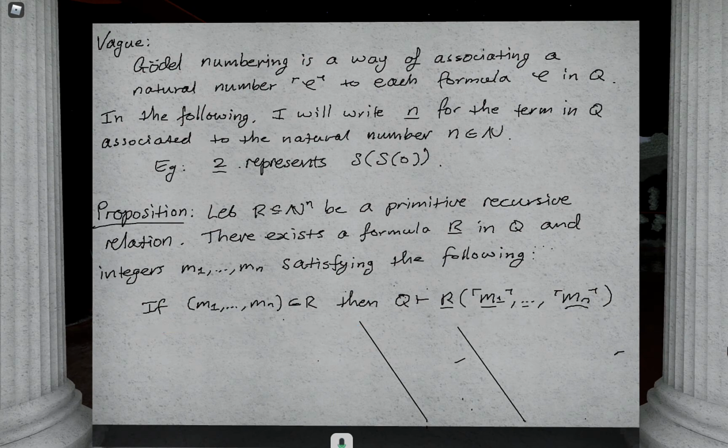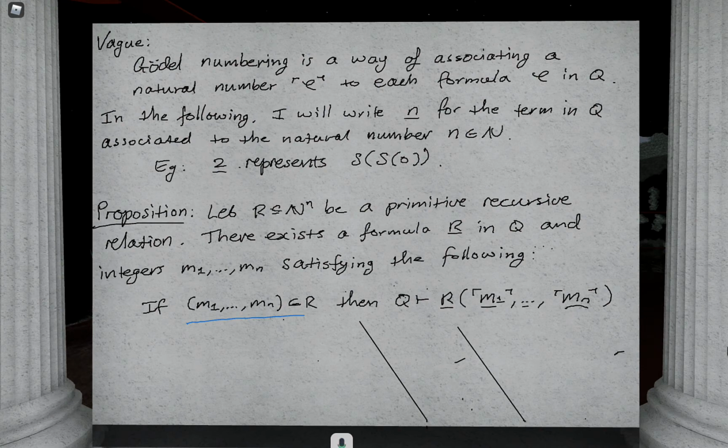So what I've said here is if M1 through to Mn is an element of R, right? So let's think about it. R is a relation, right? So R is some subset of this n-fold product of the natural numbers, right? And then M1 through to Mn is an element of that. So here, M1 through to Mn, that's a sequence of familiar, comfortable, natural numbers. They're not appearing in any formal first order theory. M1 through to Mn might be 5, 1, up to 9 or whatever. And we're literally thinking about those natural numbers there.